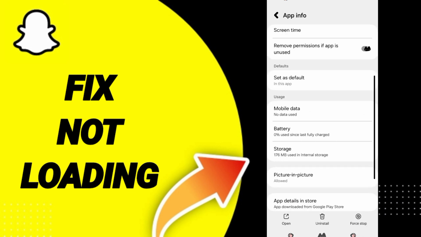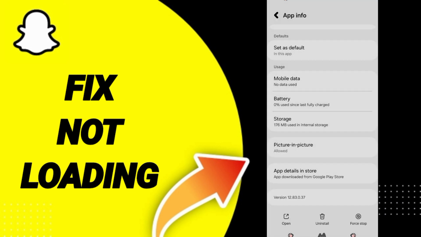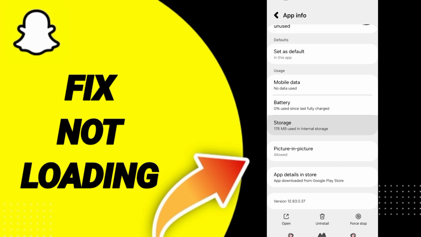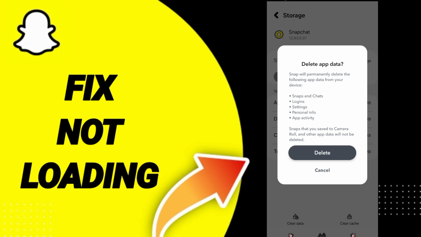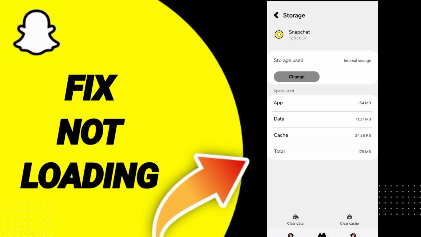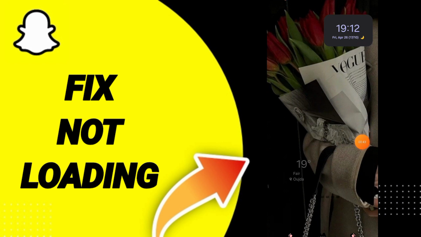Then you can click on force stop and you can click OK. After that, you will enter the window of storage. Here you can click clear cache. Don't click clear data because that can cause you errors or can delete your account. In the end, you can turn off your phone and wait a moment to turn on your